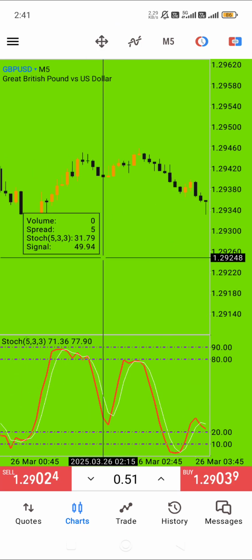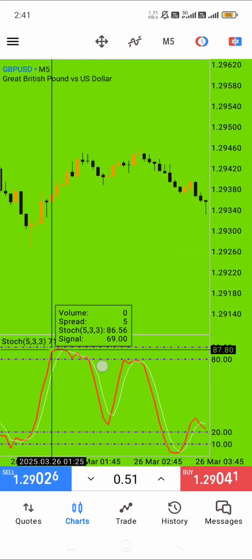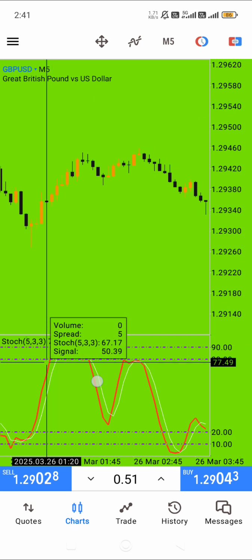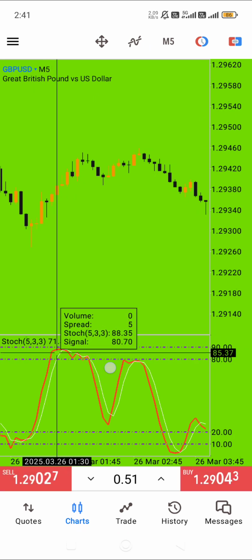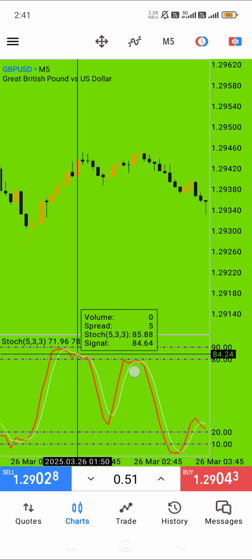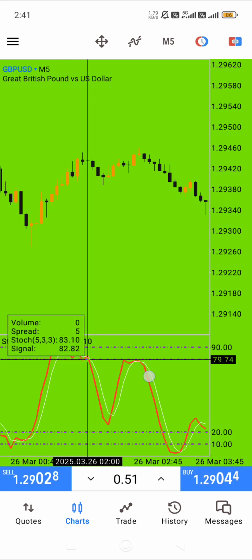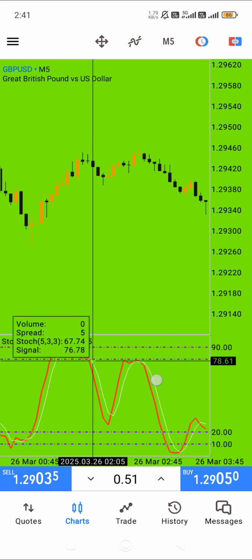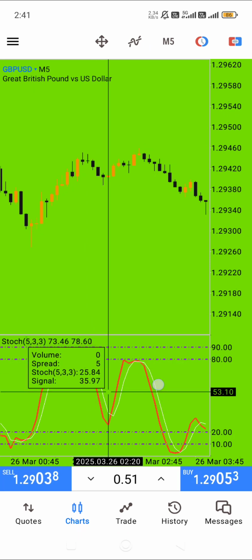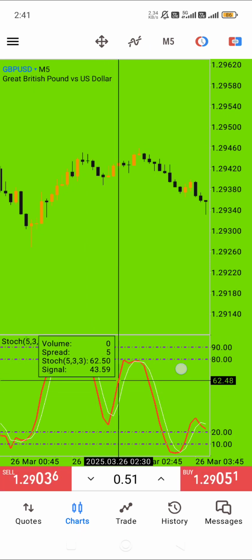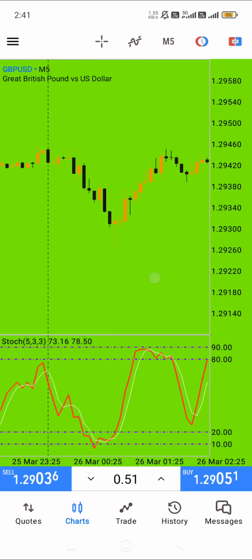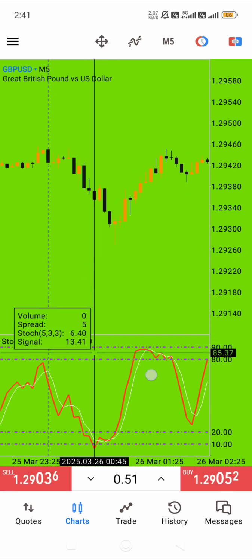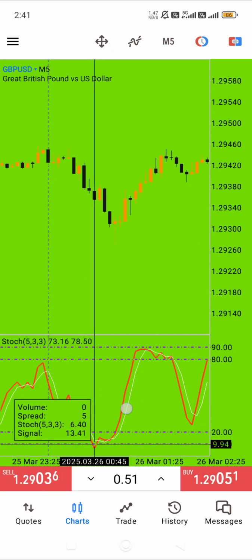Here 80 and 90 touch both lines. This candle touches the line and goes up and down, but after 80 90 it crosses and goes forcefully to the downside. The market will go a little bit down, again up, again down. So you can trade here for small profit for intraday.